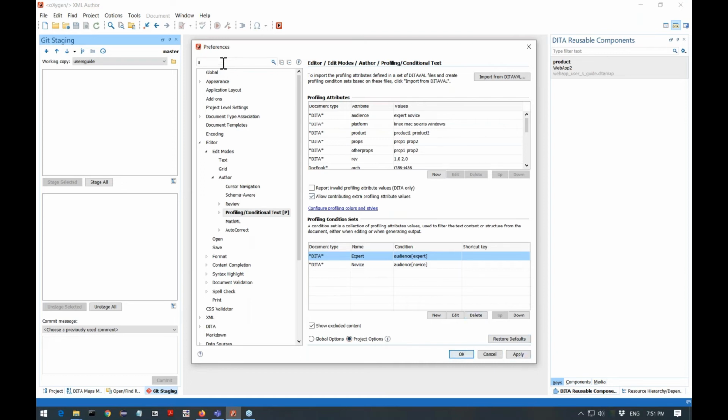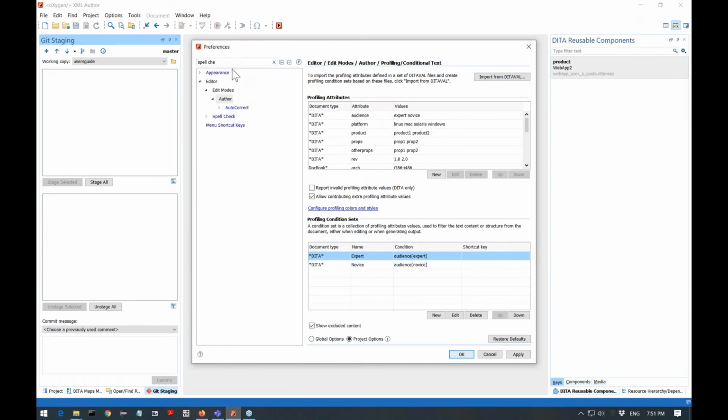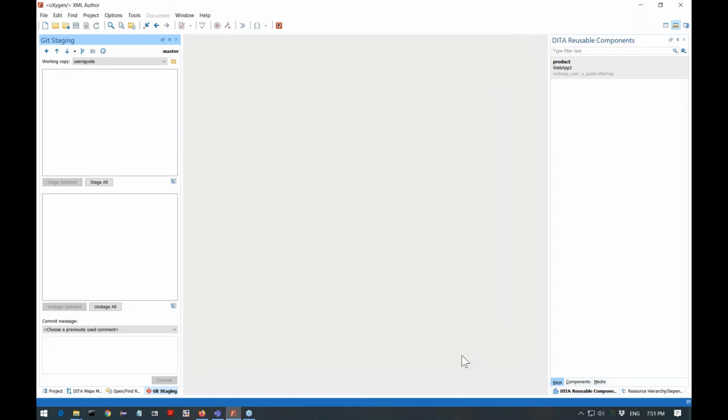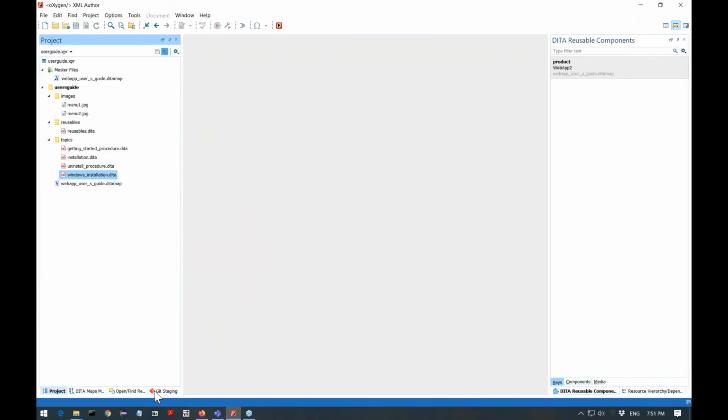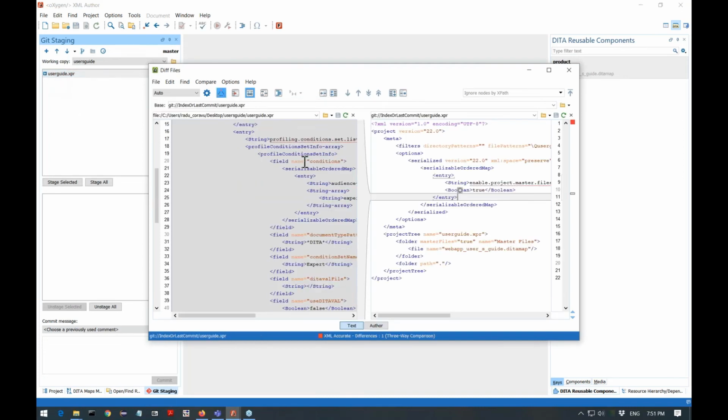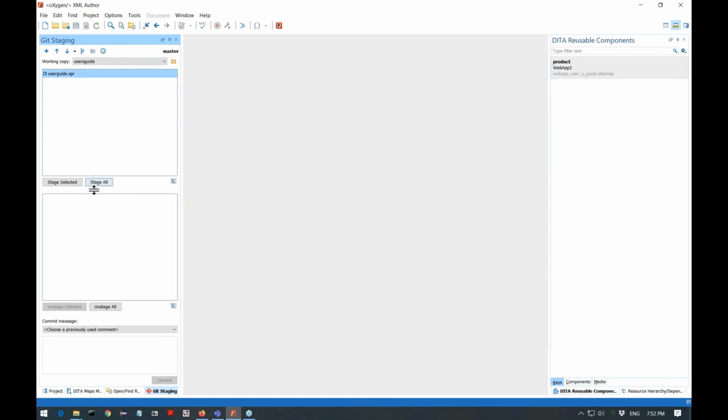Also, I usually go to the spell check preferences page and I enable the spell checker, and I assume that all my colleagues will want to work with the spell checker enabled. So what happens? I have saved content in the project, and I can see that the project XPR file has been modified. So if I commit this change to the remote repository,